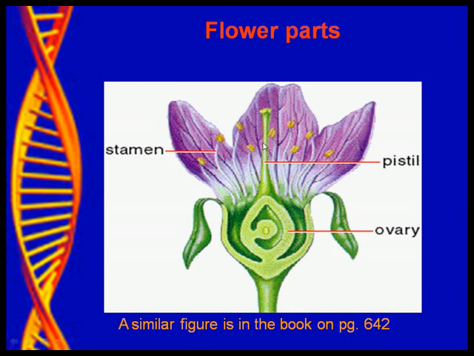So the pistil here is basically a big long tube, and at the bottom of that tube is this area where the ovary contains the egg that can be fertilized by the pollen that is produced on these stamen. So right up here at the top are the pollen. You can see they're kind of yellow colored, and typically that's stuff we think about when we think about bees going around from flower to flower and gathering all that stuff on their legs, right? So it's just a typical flower picture, and just so you see how this works, the pollen that is up here at the top of the stamen would go into the pistil down in this tube, and then eventually would pollinate the egg and produce more plants.